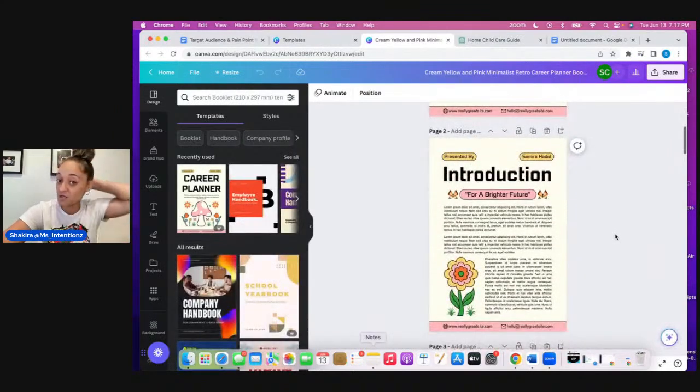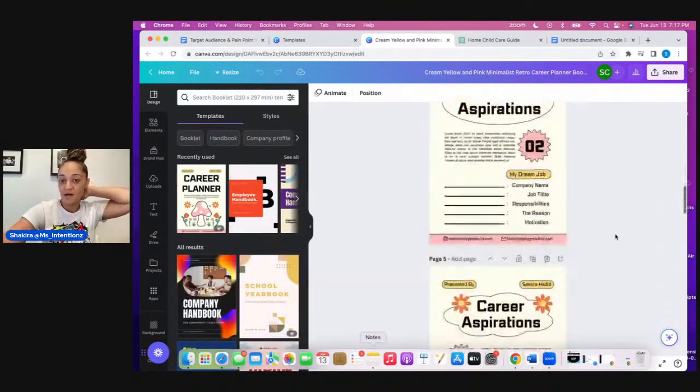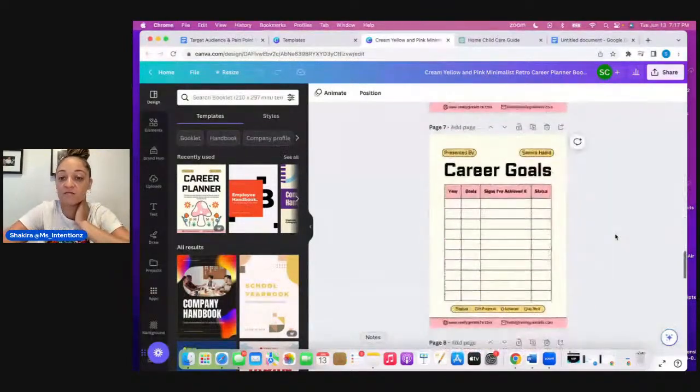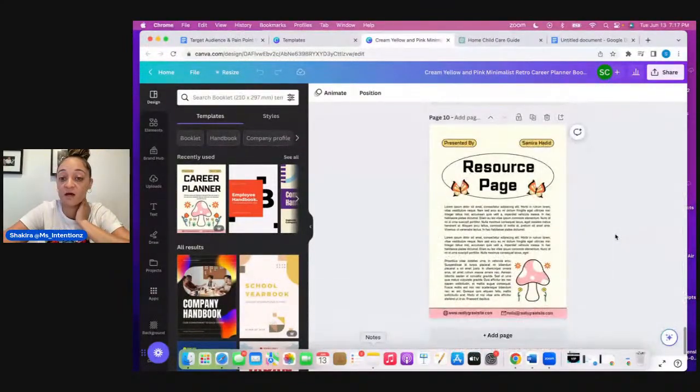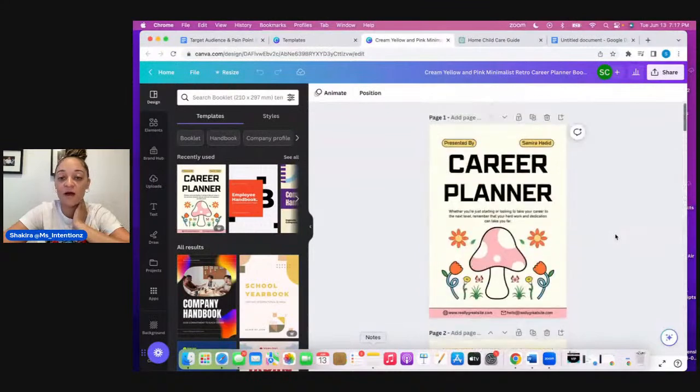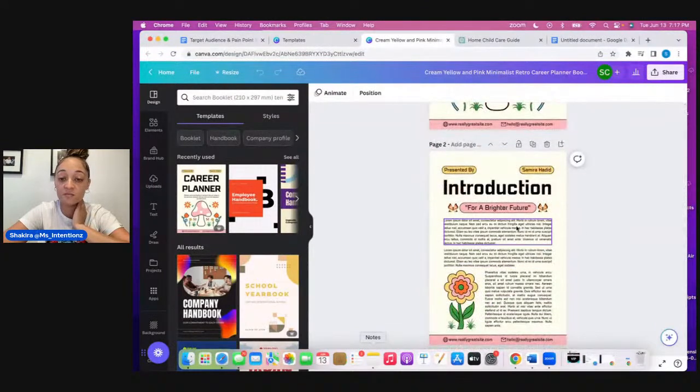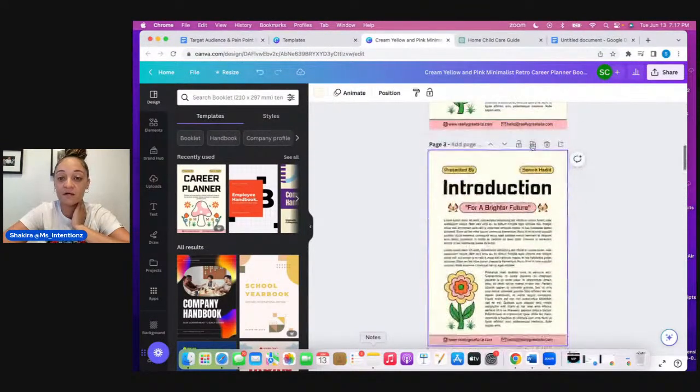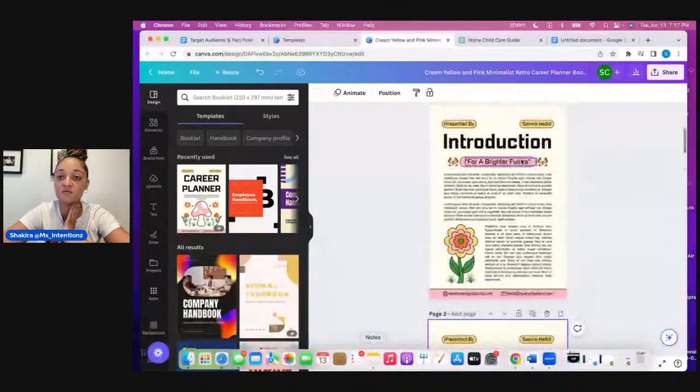Look, they have an introduction, and I can just copy. I don't have to use everything in here. This is what they have inside of this, but I don't have to use all that. I can go based off of just this introduction page, right? I can copy it right here. So let's say I'm looking at this first one,